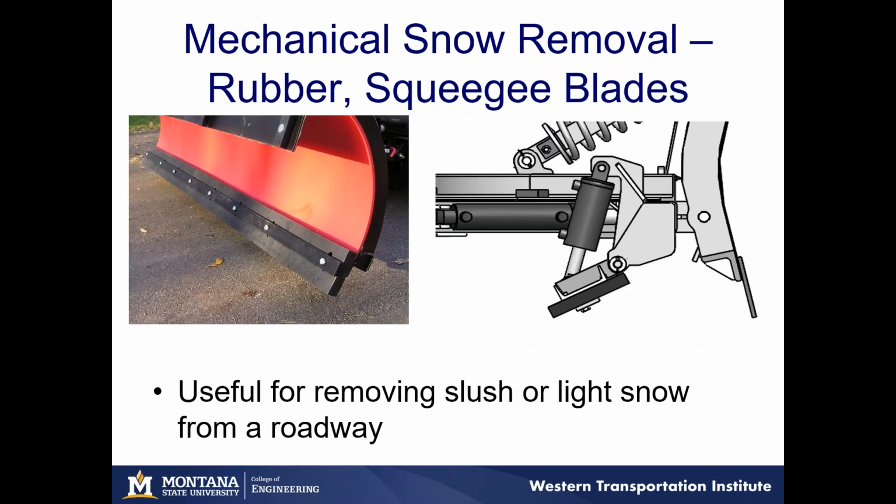Another mechanical removal technology that we talk about are rubber and squeegee blades. It's funny, when we went to conferences and we asked folks about these, they either love them or they hate them. The feedback that we found from the literature was different. Essentially, I think you hear about the positive examples in the literature. But what you can see here are two different ways to mount these. You have a single rubber blade, whereas on the right you have a plow blade with a rubber blade on the back. And there's any number of ways you could potentially mount one of these. But the rubber blades and squeegee blades are really designed for removing slush or light snow and essentially just kind of scraping it off